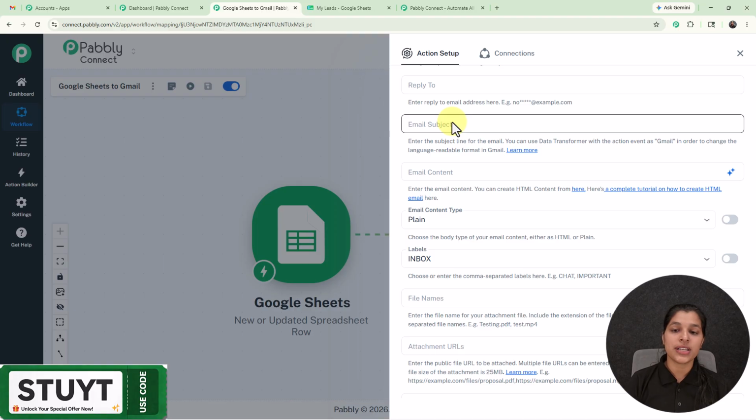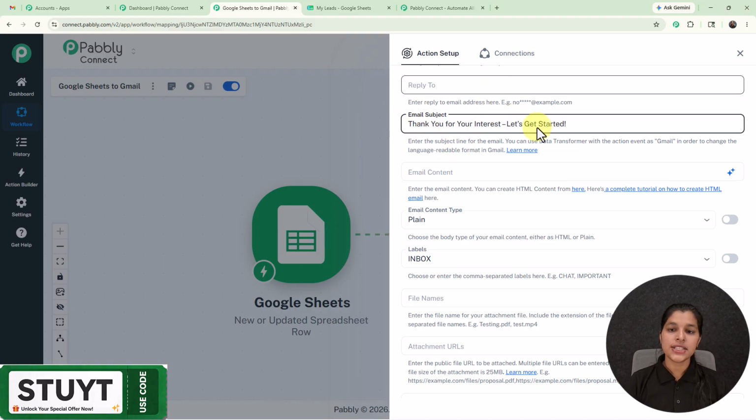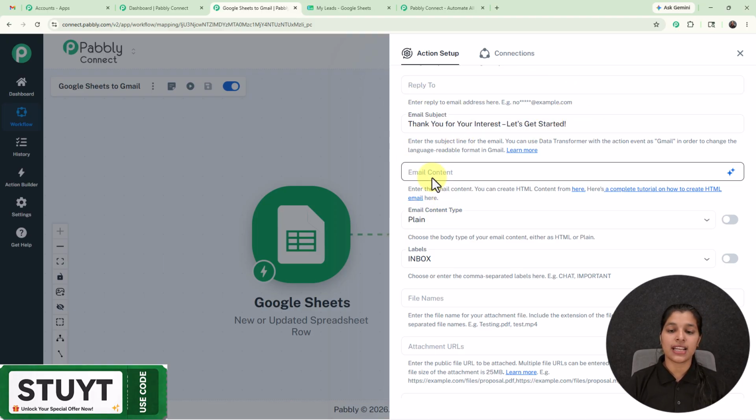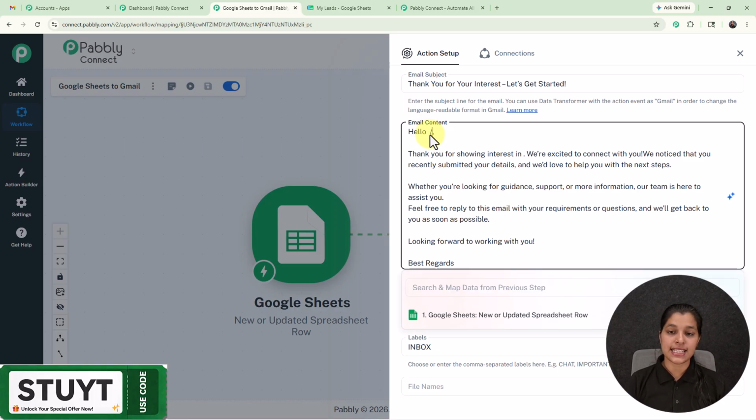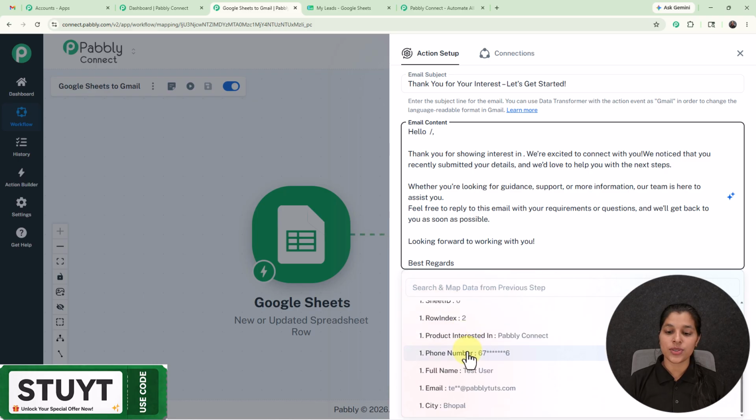Now here I'm going to enter the email subject. So here I have entered this email subject, and now let's enter the email content. So this is the email content which I am going to send to my user, and after this word hello I am going to enter the name of my lead, and for that again I am going to map this field. So here I am going to select the slash symbol,